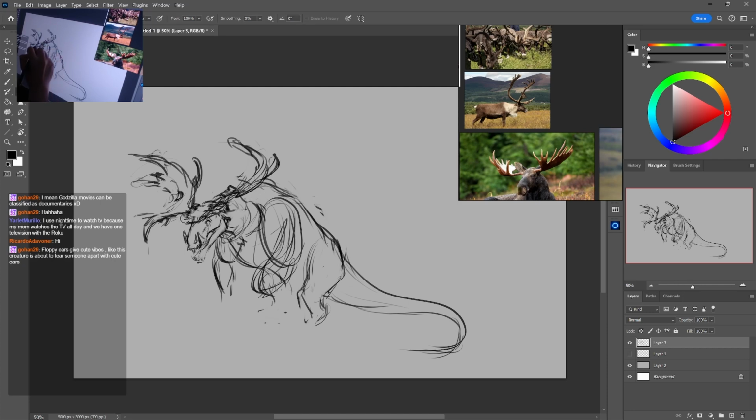So yeah, let's not do floppy ears. I agree. So no floppy ears. We'll give him more perked up ears here. Let's do that.